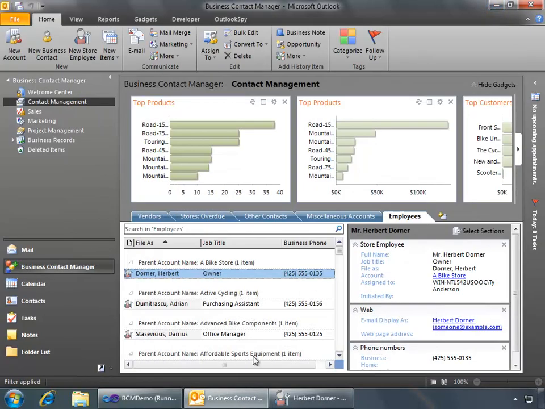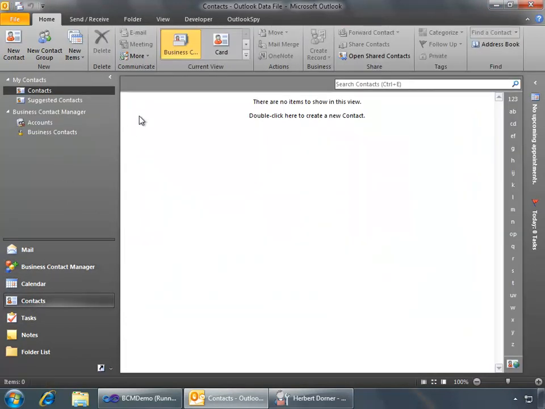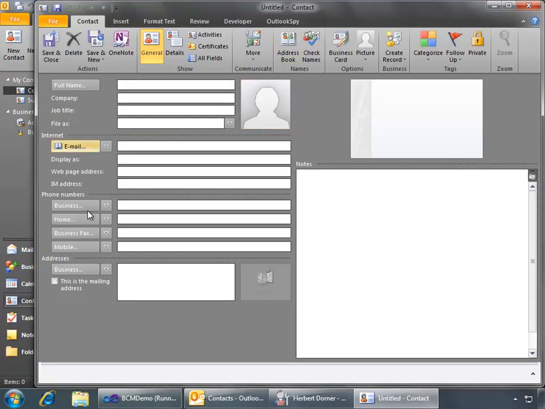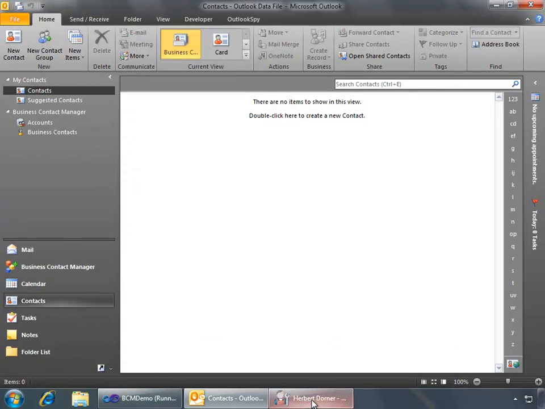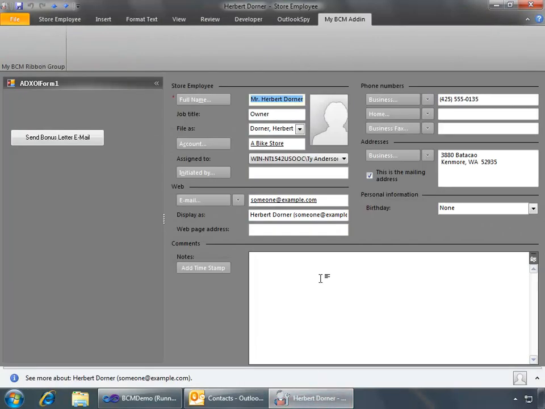And let me just hide that real quick. And if we were to go look at just a normal contact, I'll create a new contact item, we won't see either of those elements. And that's because our code is working. So let me go back to Herbert Dorner here, and we'll do one last thing, which would be to send